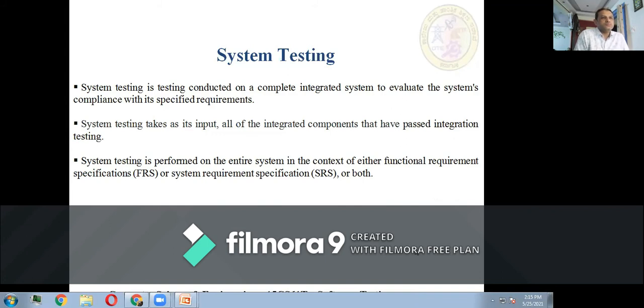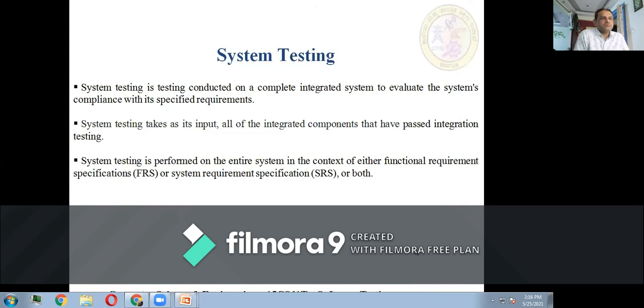System testing is testing conducted on a complete integrated system to validate the system's compliance with its specified requirements. System testing takes as its input all of the integrated components that have passed integration testing.